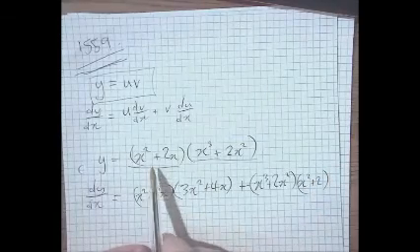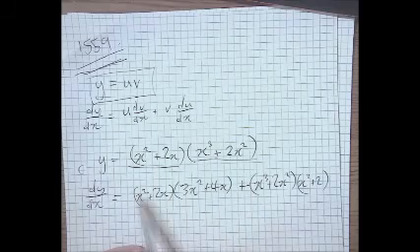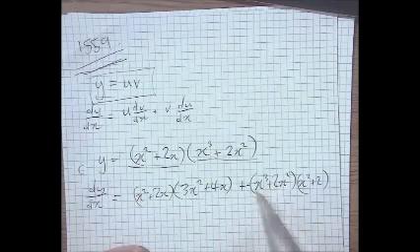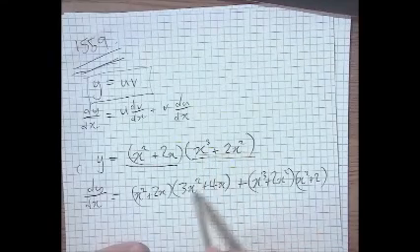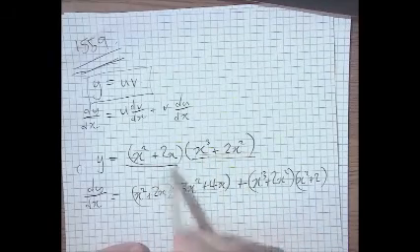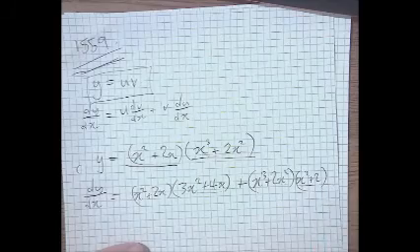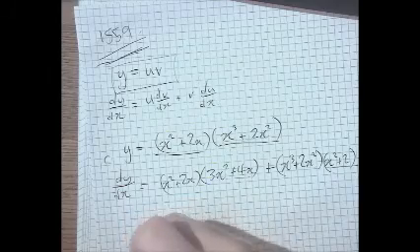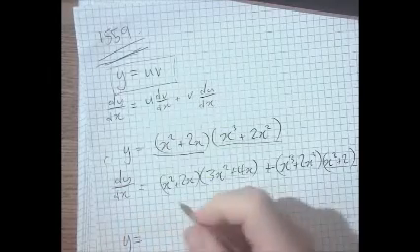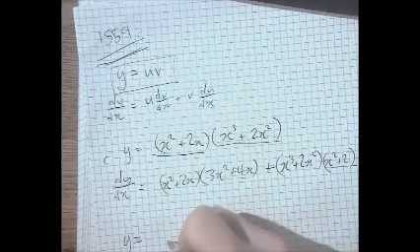Each thing gets its chance to be left alone. So this was left alone here, and this was left alone here, and each thing gets its chance to be differentiated. This was differentiated here, becoming that, and this was differentiated here, becoming that. So that's the one for the product rule. That's probably the simplest. Chain rule is when you have a function of a function.